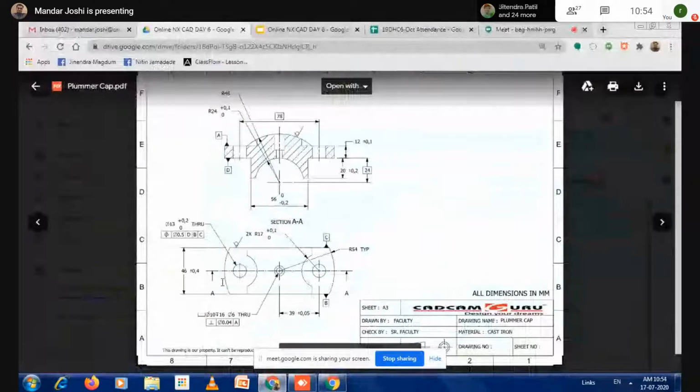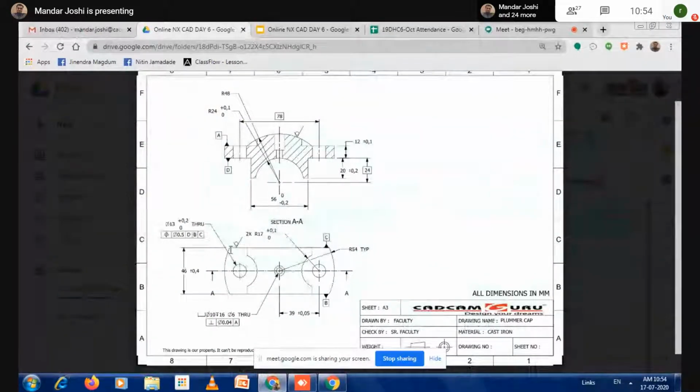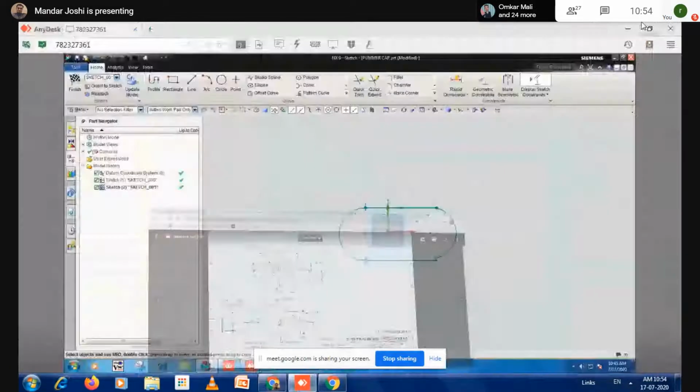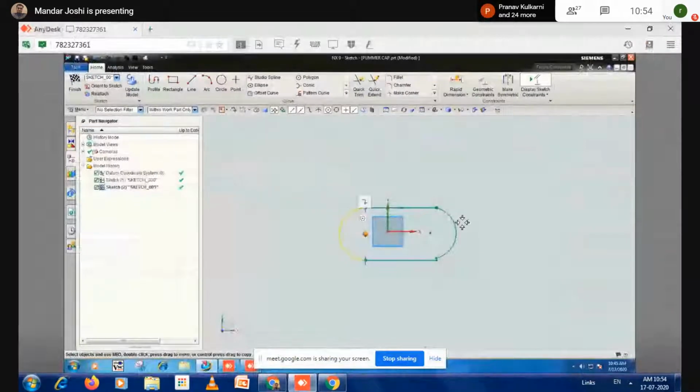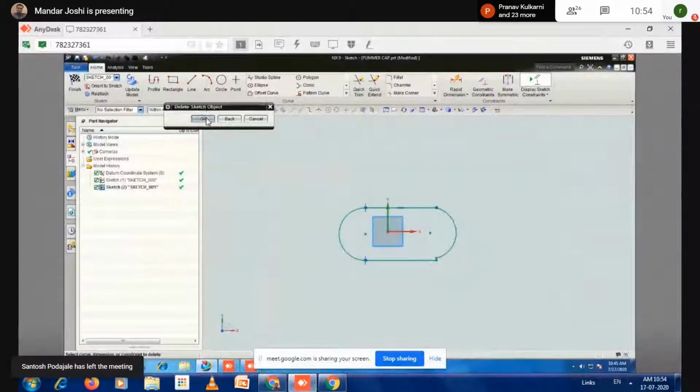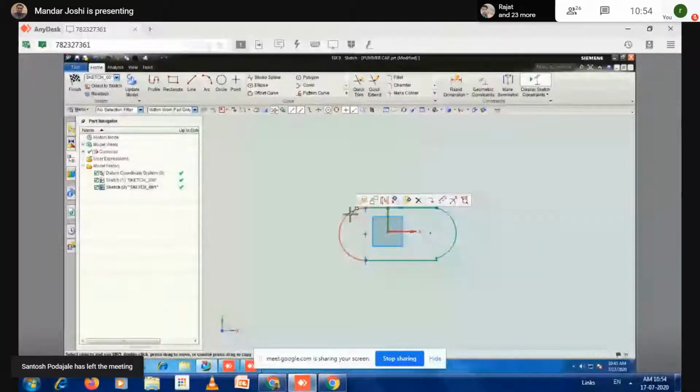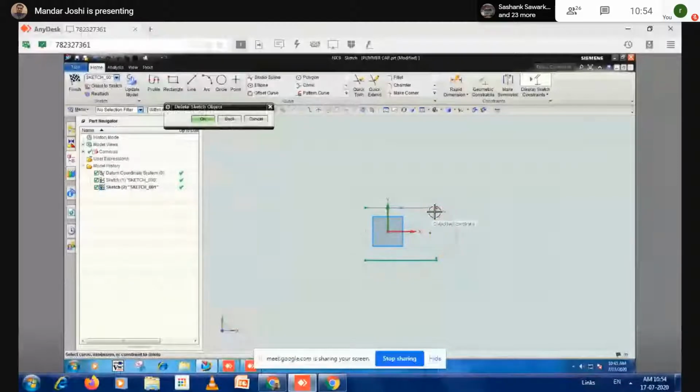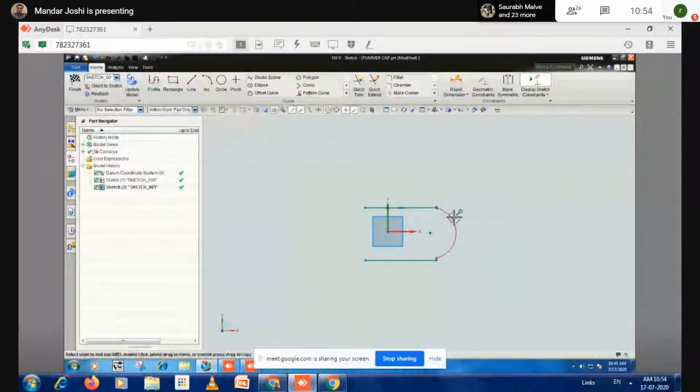I think there is no tangency. See the drawing. So I repeat that arc once again. I don't need this. Click OK. Just select and delete this. Select this and delete because there is no tangent relationship. I directly create this arc.